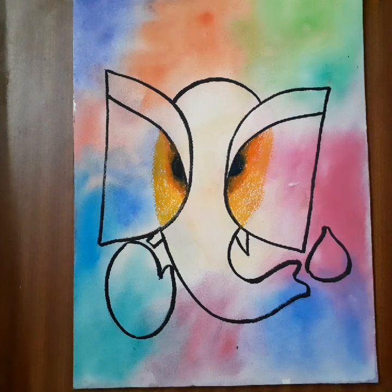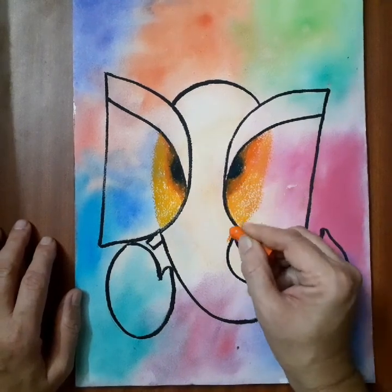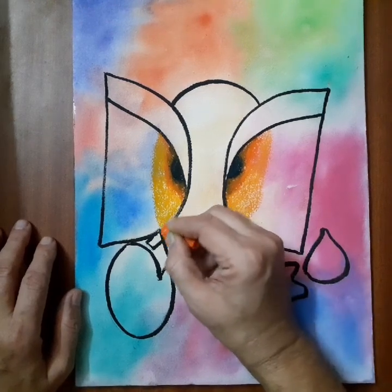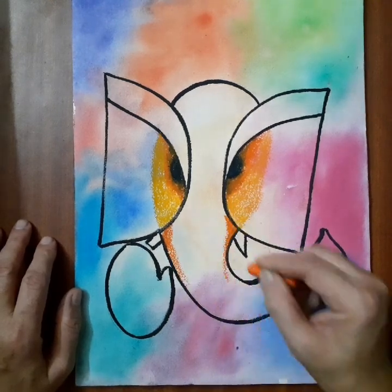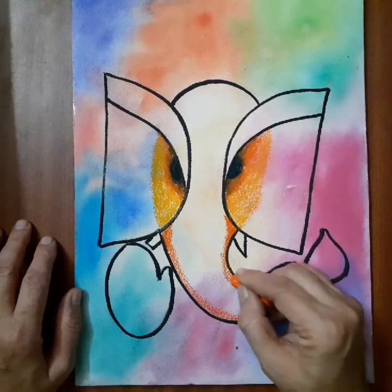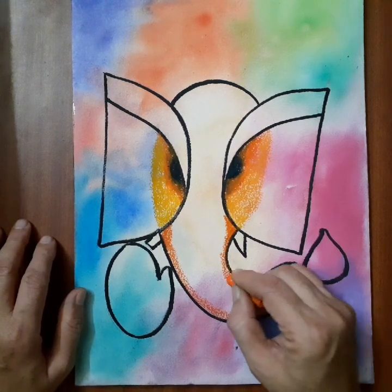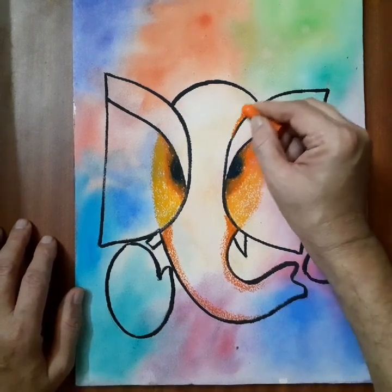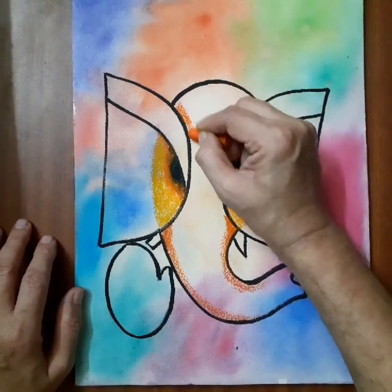Then put in some darker orange on the inner side of this area, pull it down further and further till you almost touch the tip, but not completely. Let it be aborted somewhere here. Same way, touch some dark orange on the forehead part on both sides,